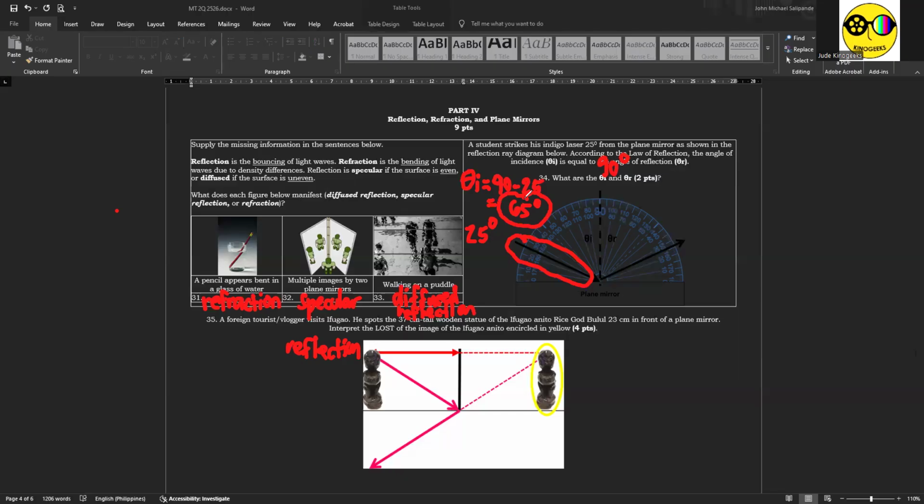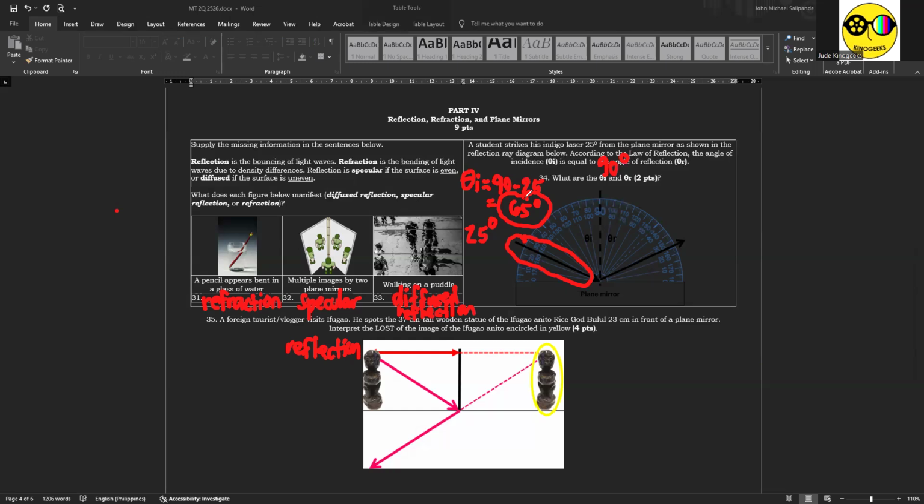Okay? And some of you will already assume that theta R is now equivalent also to 65 degrees. And that's true because that's part of the law of reflection. But why is it 65 degrees? What if we start